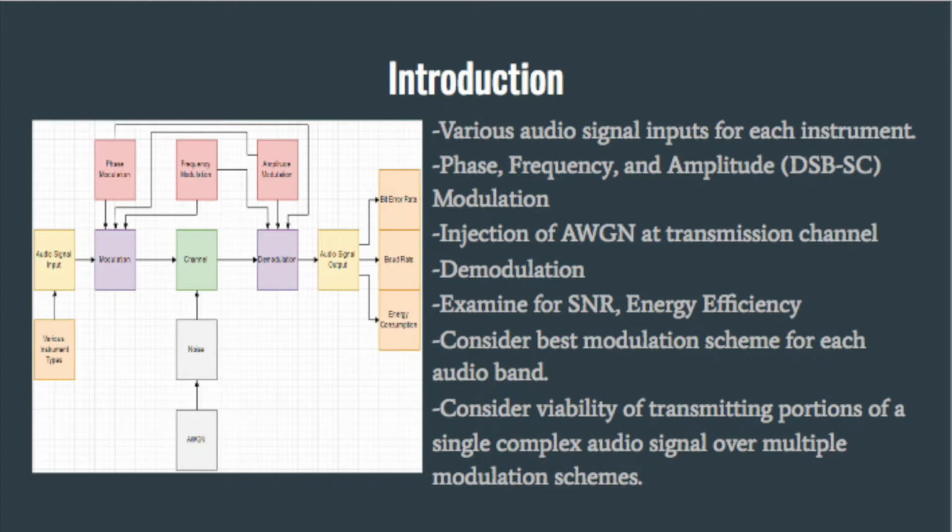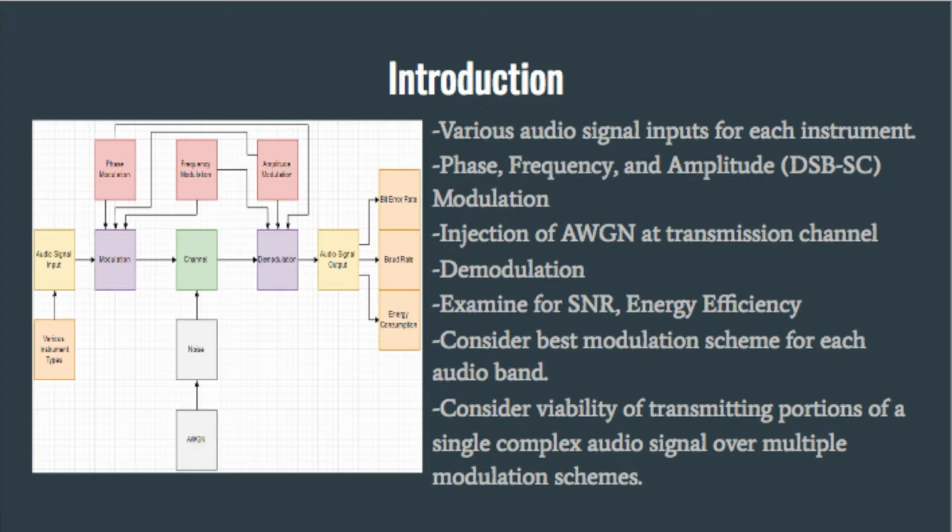The transmission scheme for the various audio signals can be seen in the image to the left. Audio signals for a variety of instruments will be tested, including percussion, brass, wind, and string. Each audio signal will be modulated across 3 different types of analog modulation, including phase modulation, frequency modulation, and double sideband suppressed carrier modulation. At the channel, additive white Gaussian noise will be injected, and then the signal will be